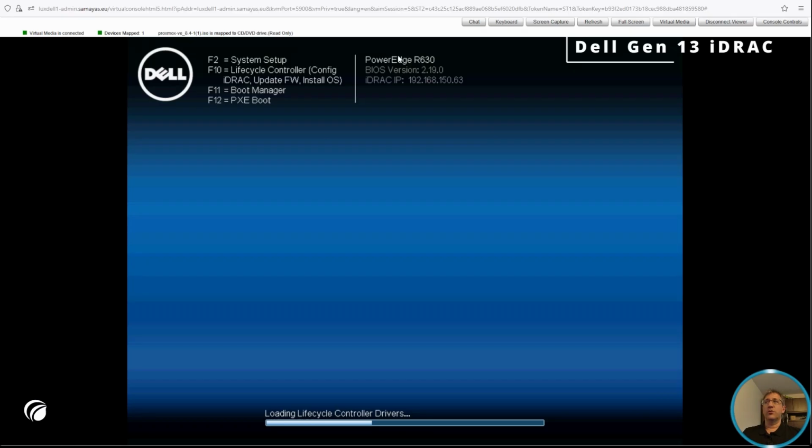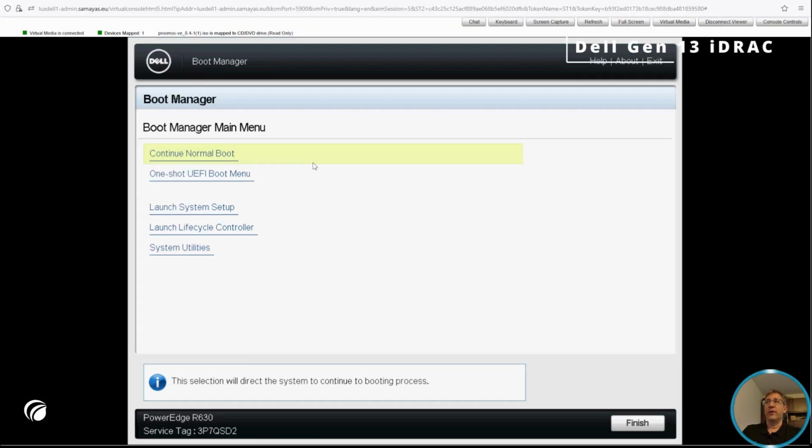Well, the moment it shows you this menu, we have to go to the boot manager, because we don't want them to boot normally. In this scenario, this won't be an issue because there's nothing on there which is bootable. But in other systems, there might still be old system lingering around. Even though everything has been reset, this device still has a notion of previous booted OSs, which I played around with. Now that it enters in the boot menu, I can choose between a continue normal boot or a one-shot UEFI. So I choose the one-shot